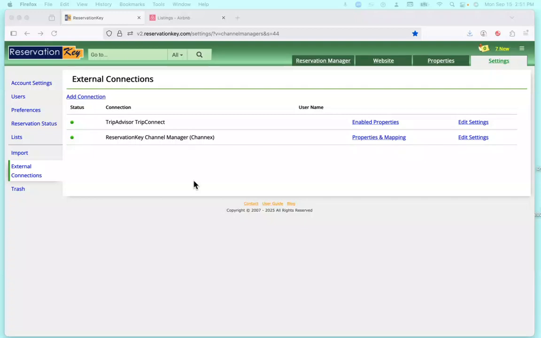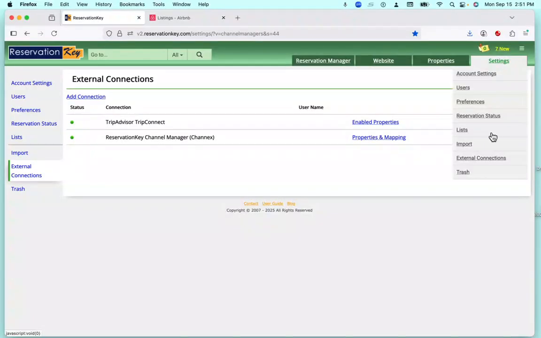This video is going to go over the Channex settings that are provided to you in your ReservationKey account. So here we are in the Settings tab, External Connections, and here is a connection to Channex. We will click into Properties and Mapping